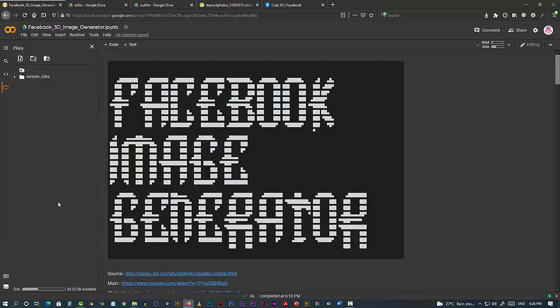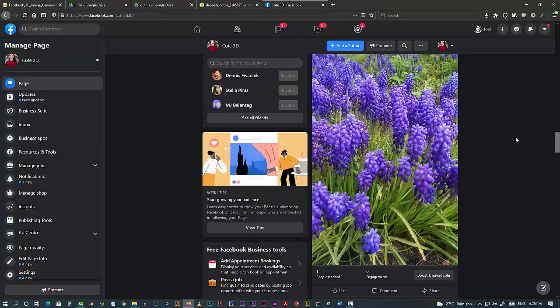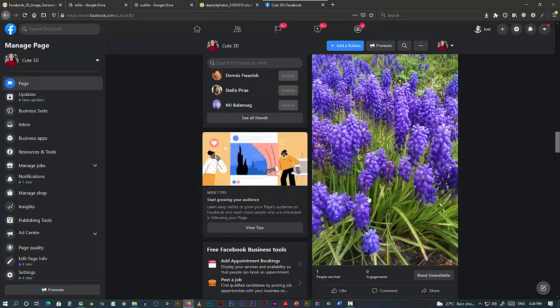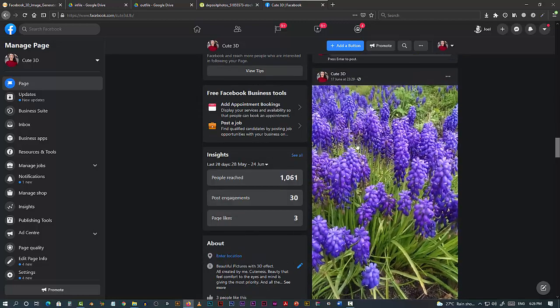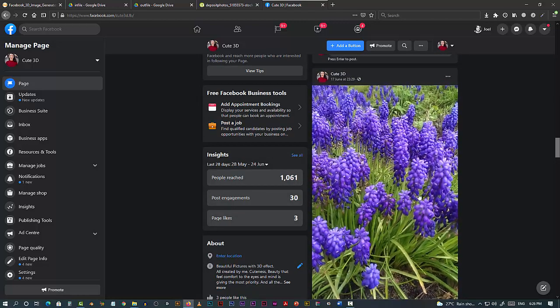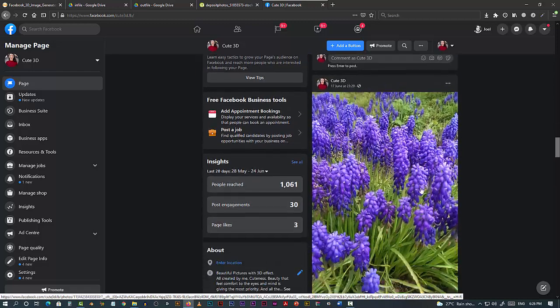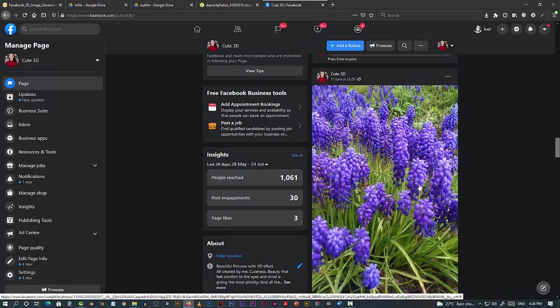Today I'm going to show you how to create a 3D image that you can upload on Facebook. Now if you don't know what a 3D image is, let me show you. You must have seen something like this on Facebook and always wondered how it was created. There are some apps that help you, but for that they ask for a certain type of photo that you have to click from your phone so that they can generate such effects.